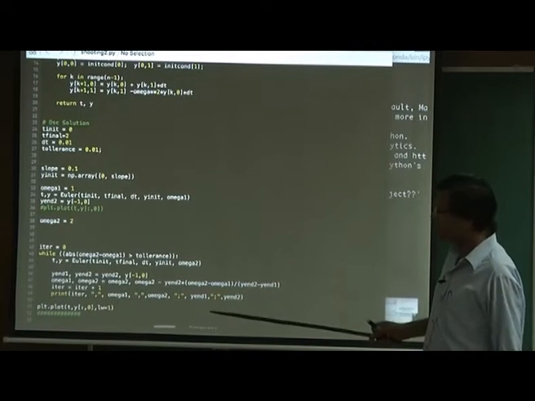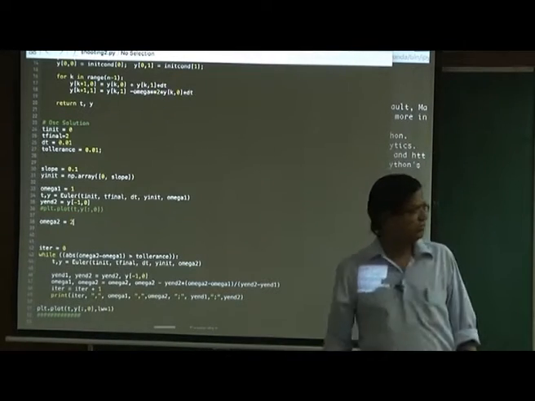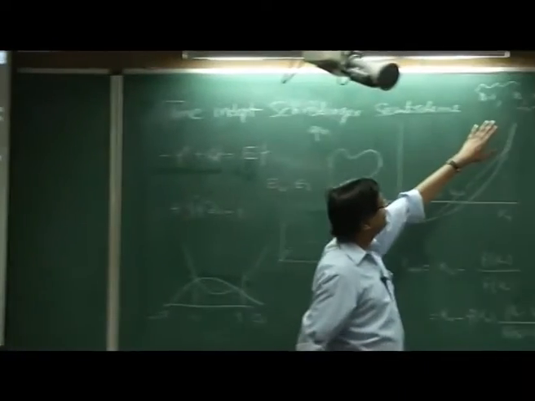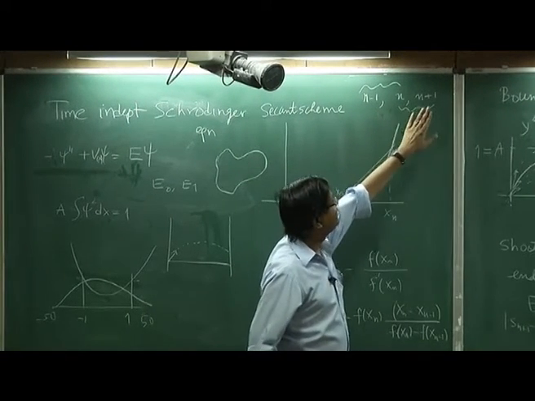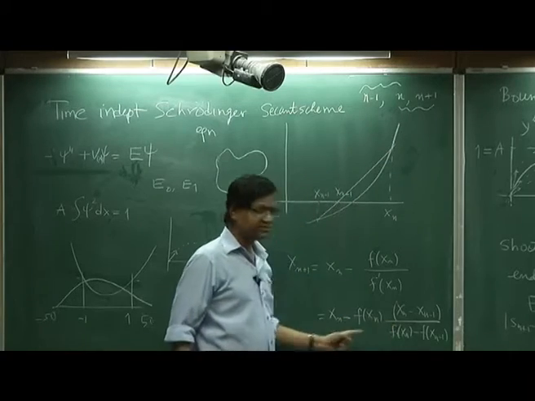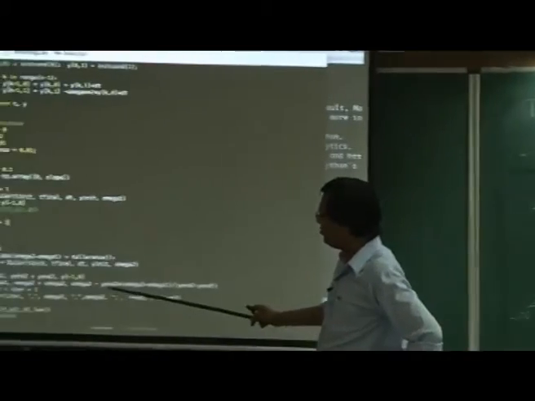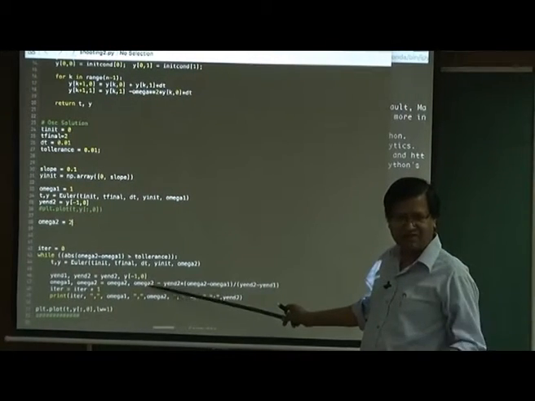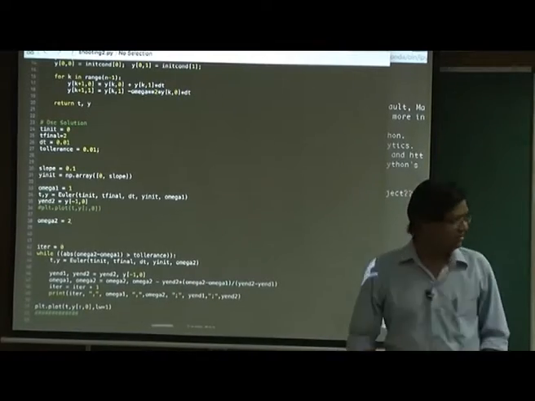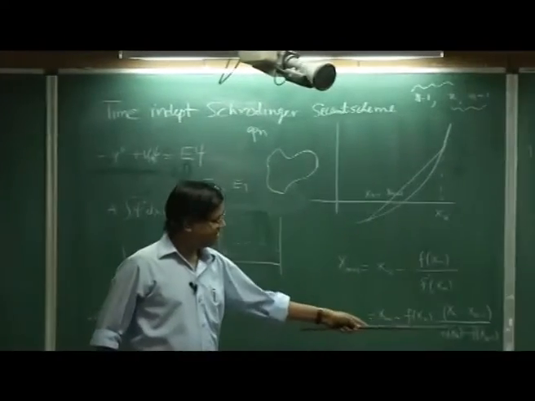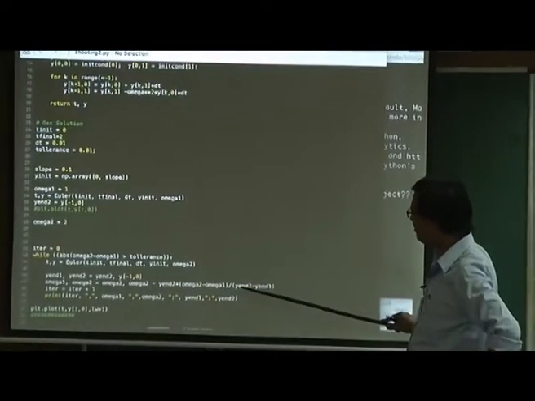What about omegas? Omega 1 is replaced by omega 2. This will become my first omega, and the next omega will be obtained by this. So, this is omega 2, which is the current one, minus the value of the function times the ratio, omega 2 minus omega 1 divided by n2 minus n1.